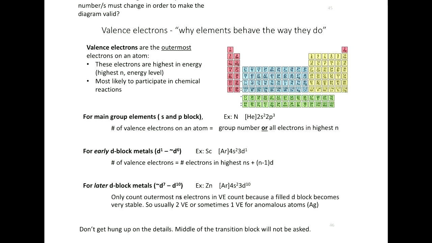Valence electrons. All chemical reactivity happens from the outermost electrons on an atom. To figure out how many valence electrons are on an atom depends on where it is on the periodic table, and on what we see in nature. For example, if this was chapter 2 and I asked you what's the charge of a sodium ion, what would you say? Sodium, Na, +1. So sodium loses how many electrons? 1.